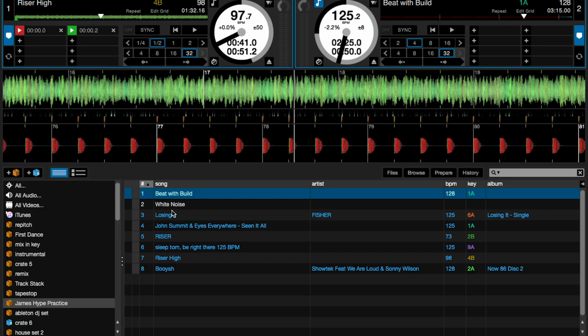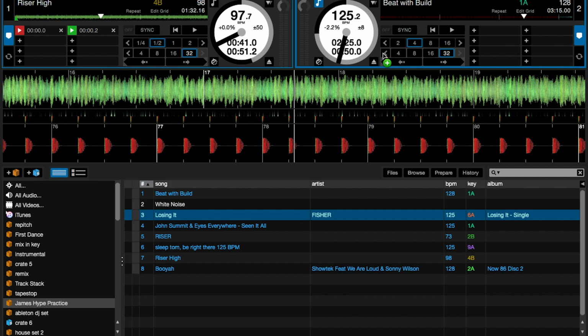Now, when you guys start building this into your DJ sets, as far as I see it, there are three ways you can go about doing it. And just to demonstrate this to you, I'm going to put in Losing It by Fisher. We all know that song by now. I'm just going to go to the build of the song. Okay, now, the first way I think you guys could build this into your DJ sets,